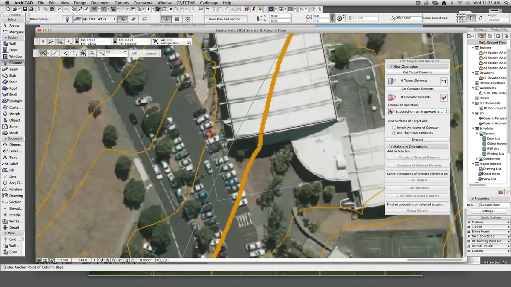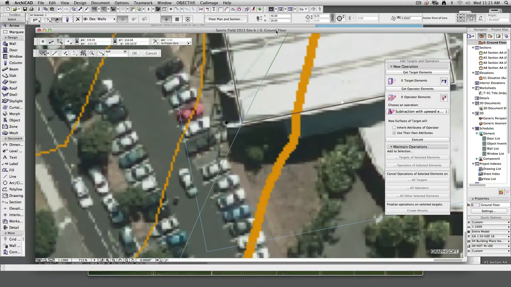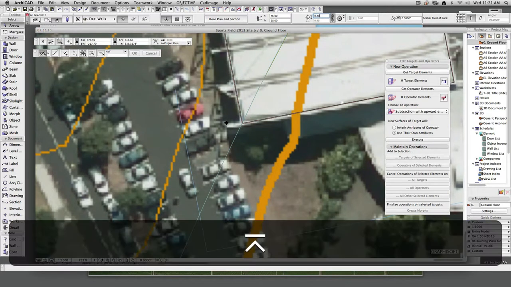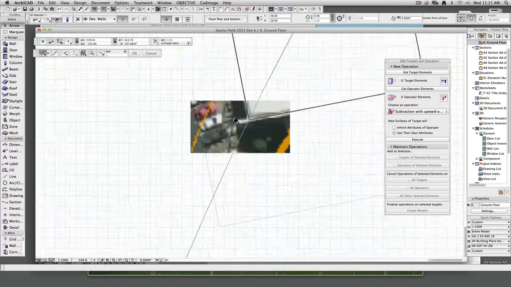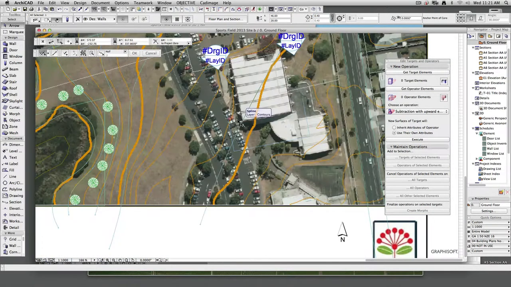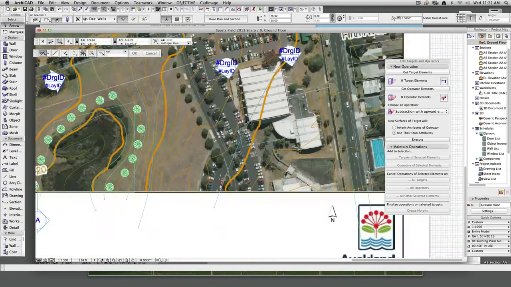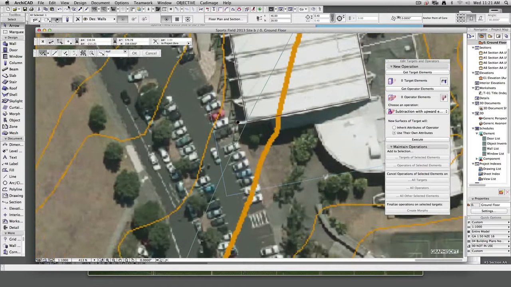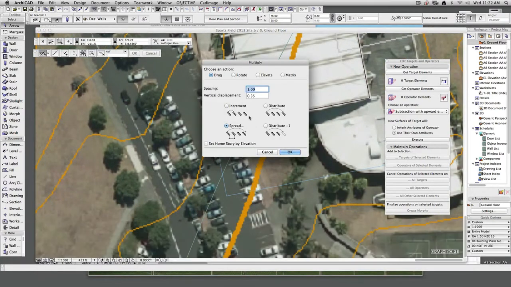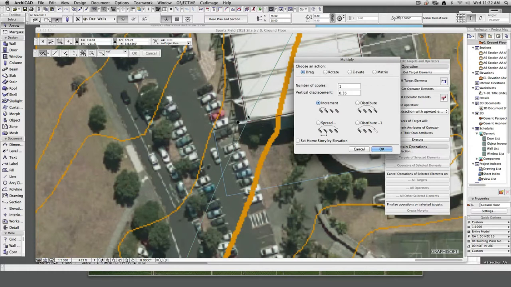Is that round enough? Not really, is it? Let's make that 0.4. Yeah, it's looking pretty cool. And I need, actually, I'll copy and paste these ones out first. So, Command U, I can multiply. I'm going to do an increment. So I'm going to specify how far apart they are, and then I need, bugger, there's 3, so that must be